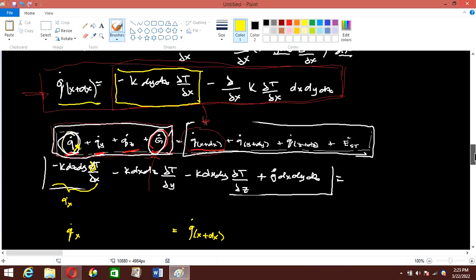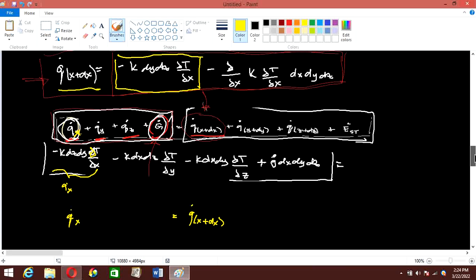So substituting the value of qx, we have negative k. Let me change the position of dy and dz. So we have dy dz partial derivative of T with respect to x is equal to this term here. Right? So we have negative k dy dz partial derivative of T with respect to x